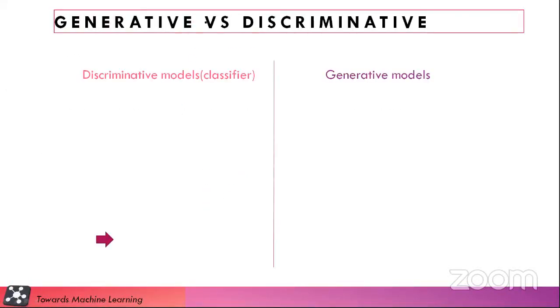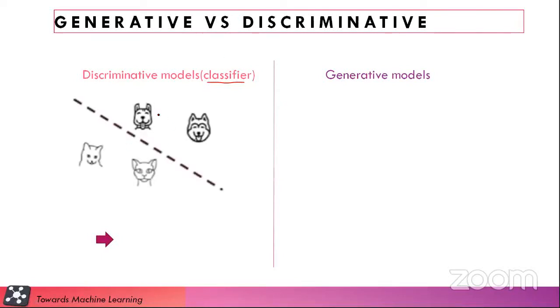Okay. So before moving to a generative network, we will see what we use in day-to-day life before generative models. We use discriminative models. Discriminative models, also known as classifiers, are good at classifying objects, whether it's a cat or a dog. I hope you guys have worked on a CNN for classification purposes. That is a discriminative model.